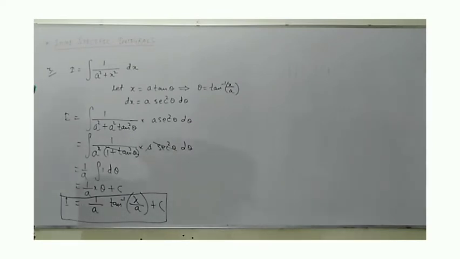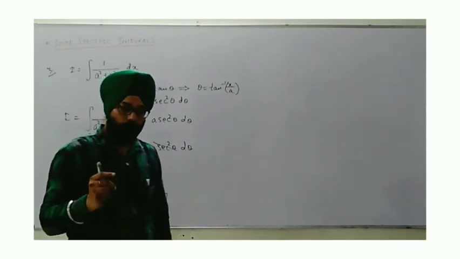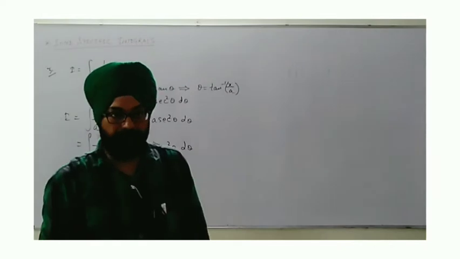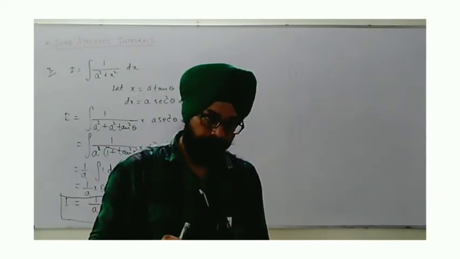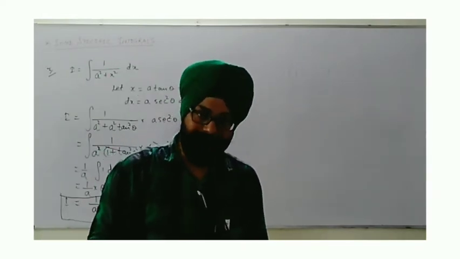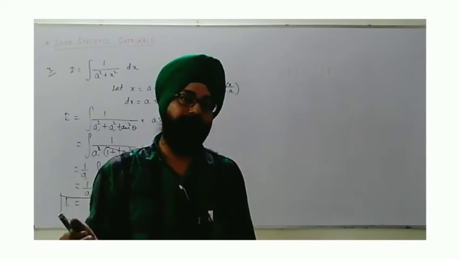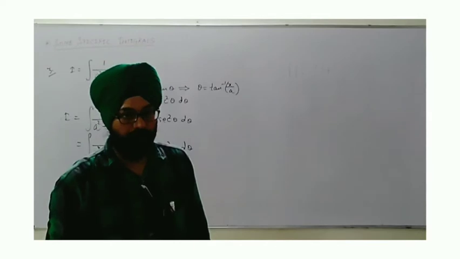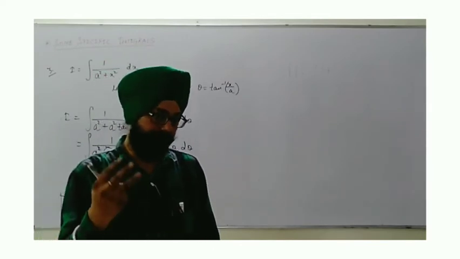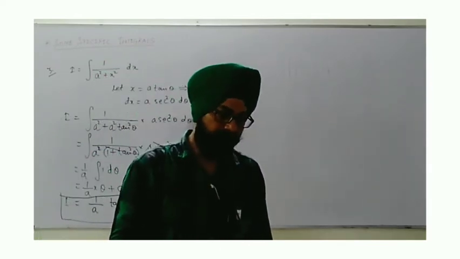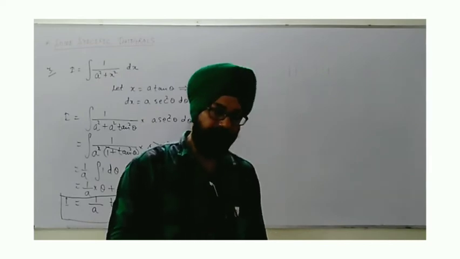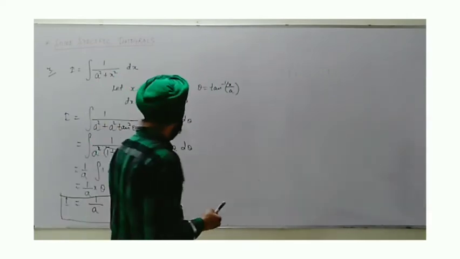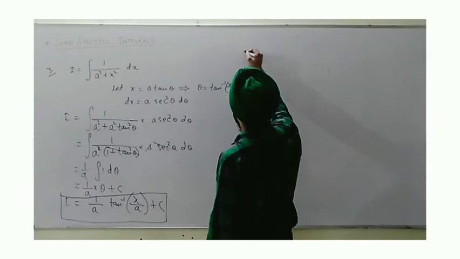Now this was one group where you are given a quadratic polynomial in the denominator without a square root. You may be given some function in rational form where a quadratic polynomial is available but with a square root. In those cases, how to solve? Again, we will see the formula. There are again 3 patterns. We will find a derivation, then we will apply intuition. Let's start. That is the 4th in this series.